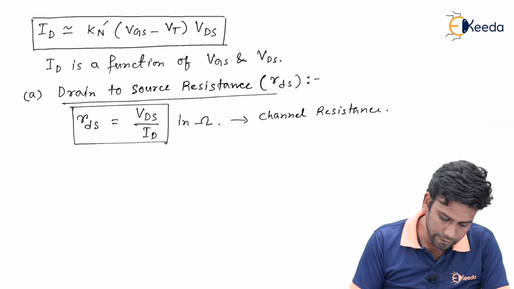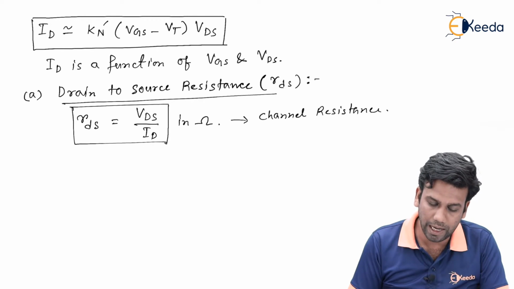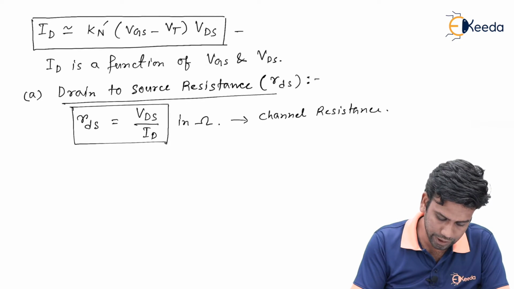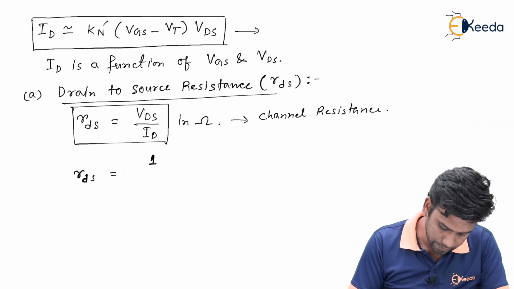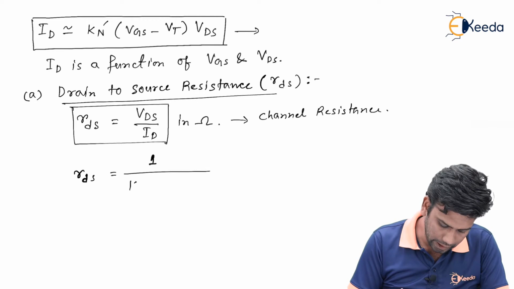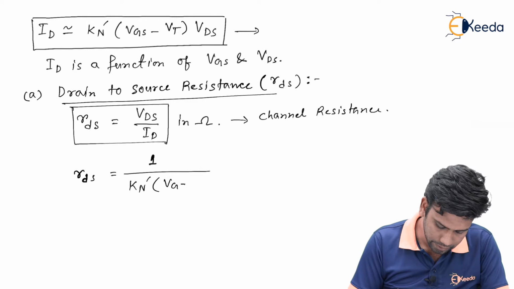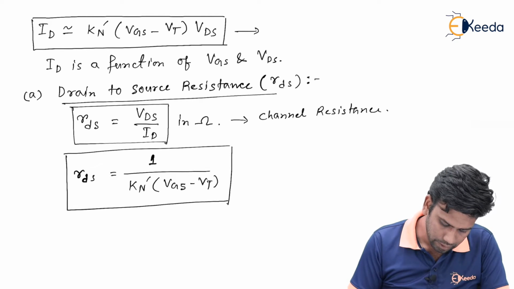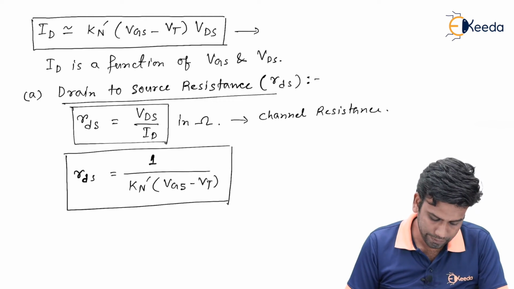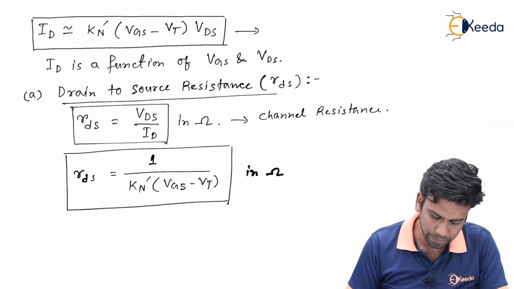Now if I find the value of VDS by ID from the ID equation, then I can write this RDS value as 1 divided by Kn dash into VGS minus VT. So this equation